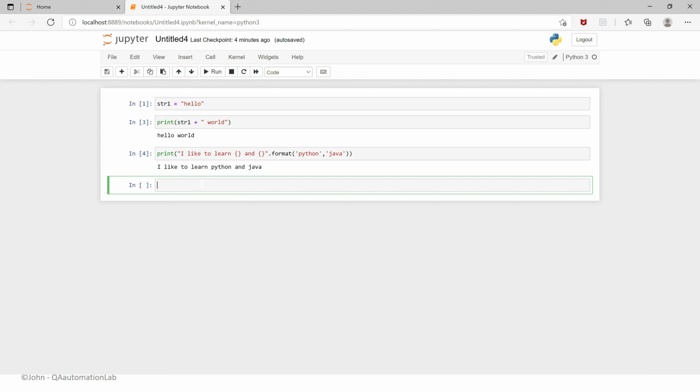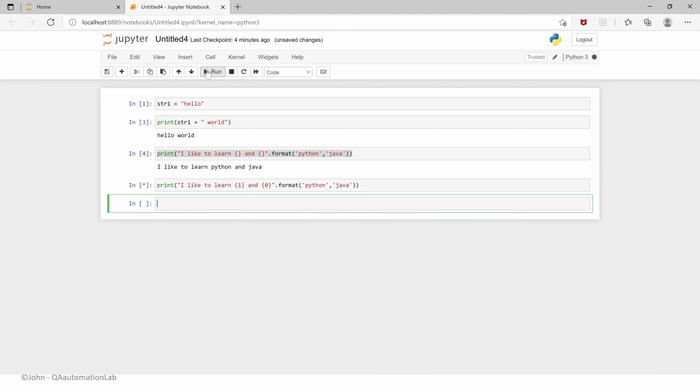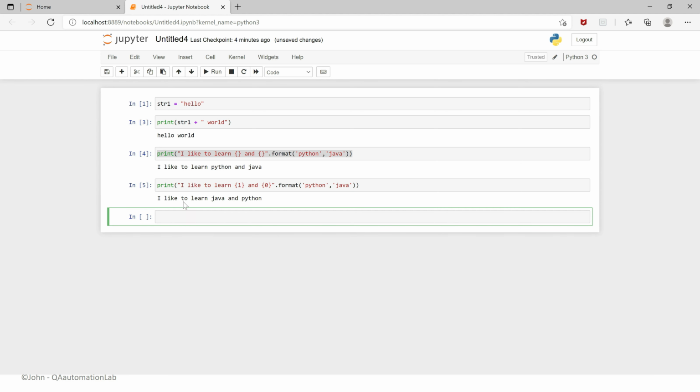In case the same thing I am mentioning, for example, let me rearrange this. Here I am mentioning index position 1. Here I am mentioning index position 0. In this case it will be reverse. Let me run this test. I like to learn Java and Python.